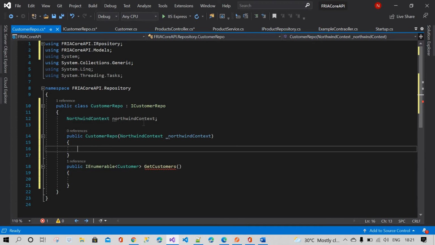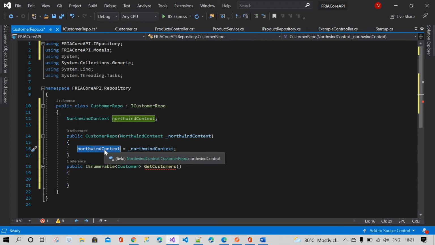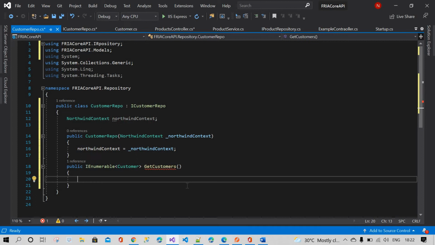After that you have to define it like this. Now you are able to consume all the classes inside the database context; you can call those classes here. I will show you how to call it. List items equal to.